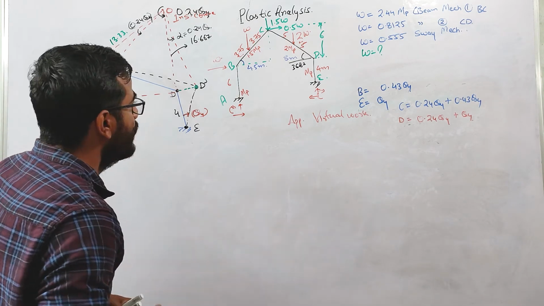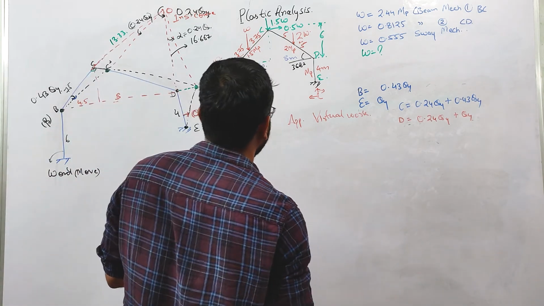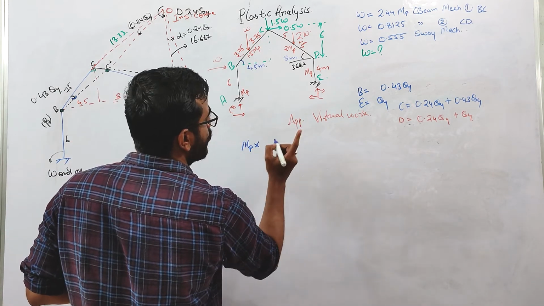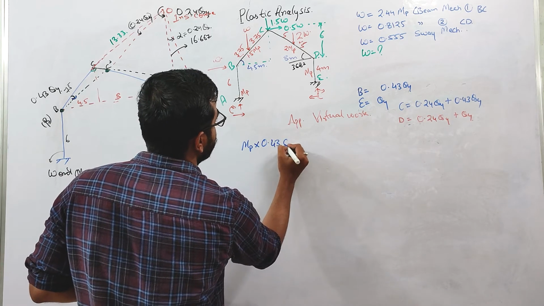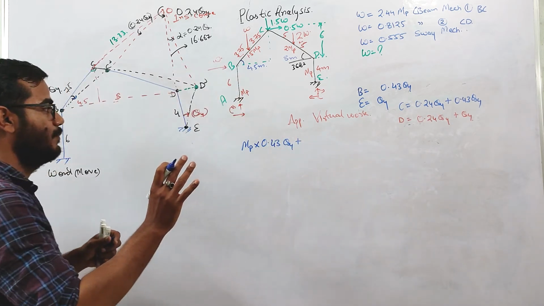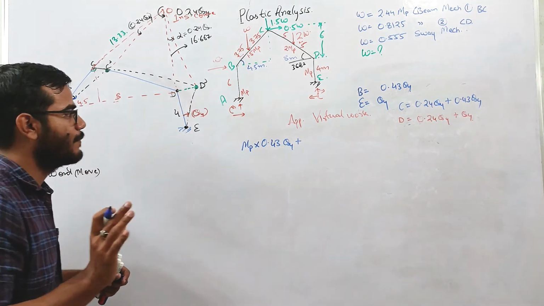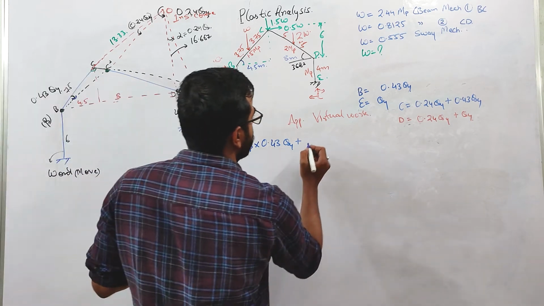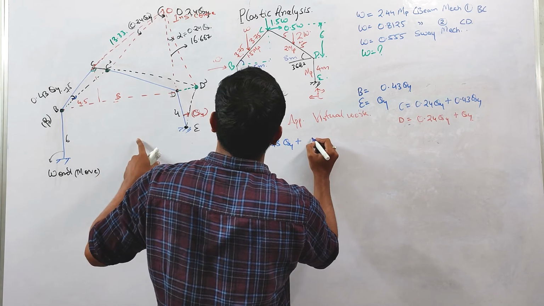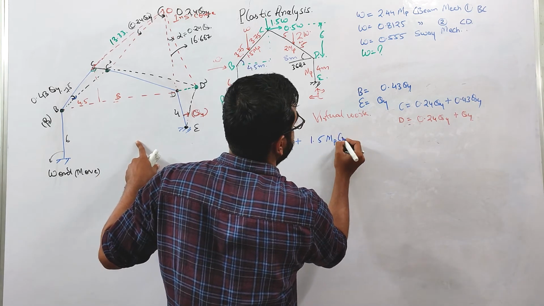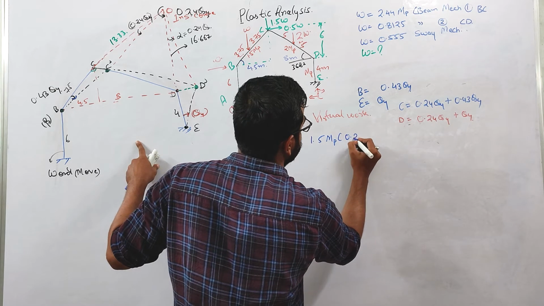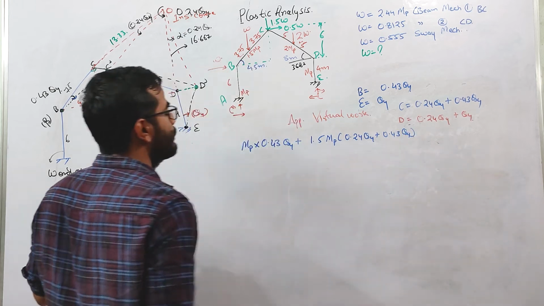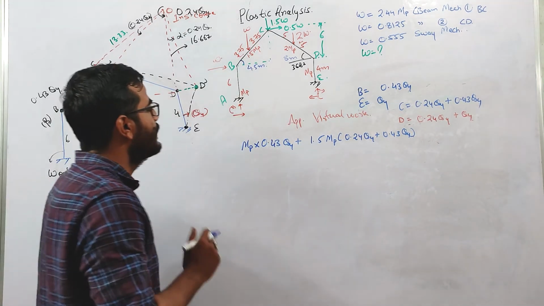So at B, what will be the internal work done? The plastic hinge will form in the weak member, so it is MP into the rotation at B, which is 0.43 theta 4. You need to understand this very properly. This is very important. At C, the hinge will form in the weak member, so it will be 1.5 MP into the net rotation at C, which is 0.24 theta 4 plus 0.43 theta 4. Similarly at D point,